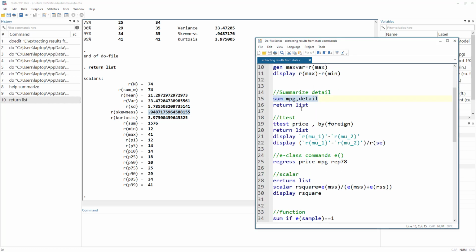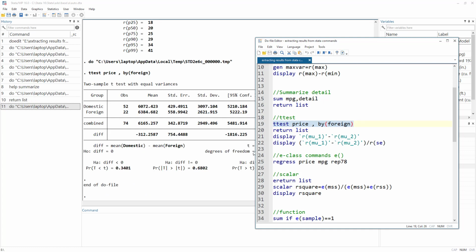Okay, so let's move to one more r-class command, which is ttest. Let's say I wanted to perform a ttest on the price variable, whether the prices of cars are the same for different categories. For example, I wanted to see whether foreign cars and domestic cars have similar prices. So statistically, are these prices the same or not? So for that, I would use the two-sample ttest command on the price variable, by foreign, and I get